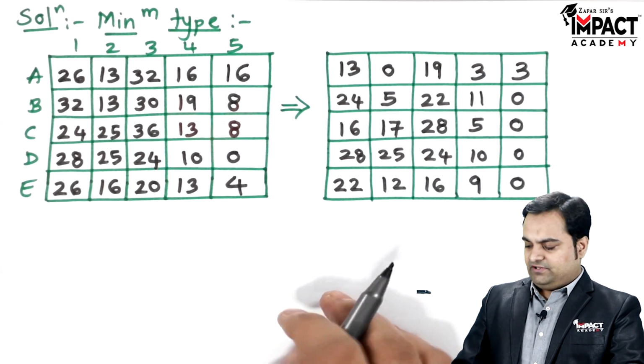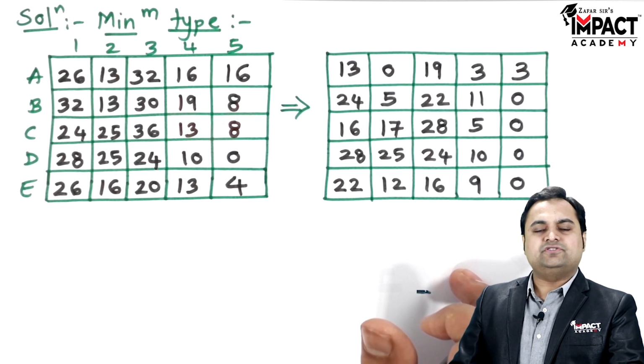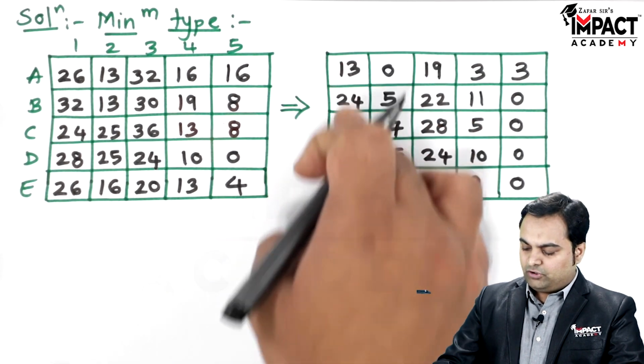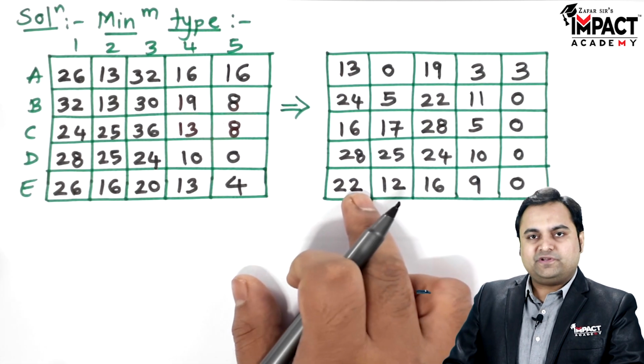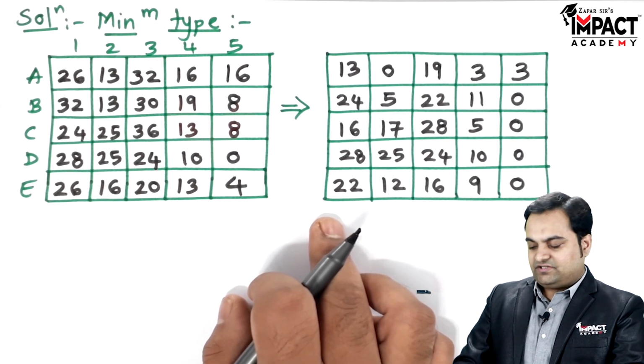Then we have to check that after we get each of the zeros in each of the rows, the next step is to get the zeros in each of the columns. Like for example, when we look at column 1, there are no zeros present over here. So we should have at least 1 zero here. For that, the step is